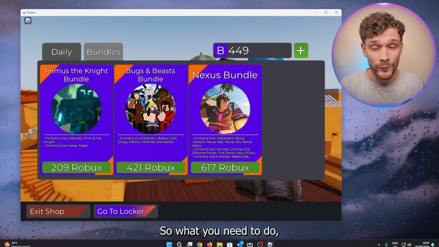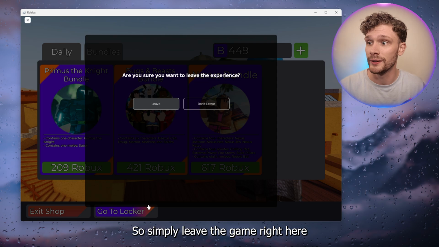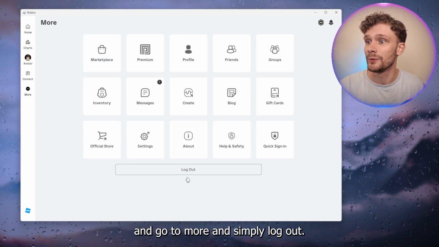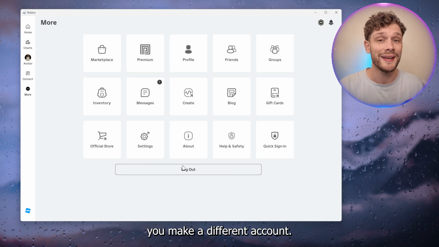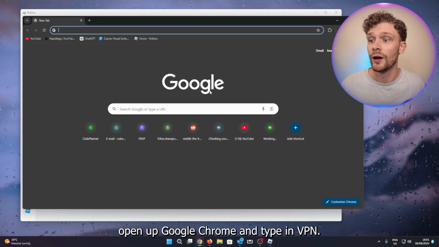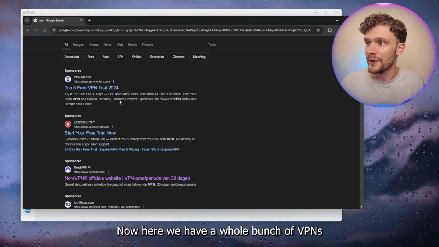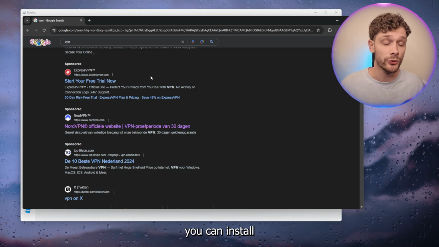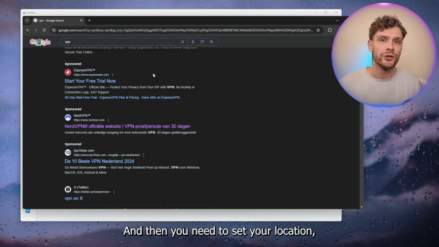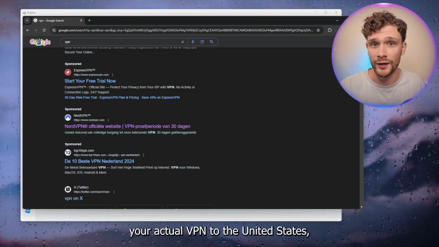So what you need to do, you first need to sign out of your own account. So simply leave the game right here and go to more and simply log out. Now from there you make a different account, but the most important part is first open up Google Chrome and type in VPN. Now here we have a whole bunch of VPNs you can install and use for free for 30 days, for example. And then you need to set your location, your actual VPN, to the United States, because